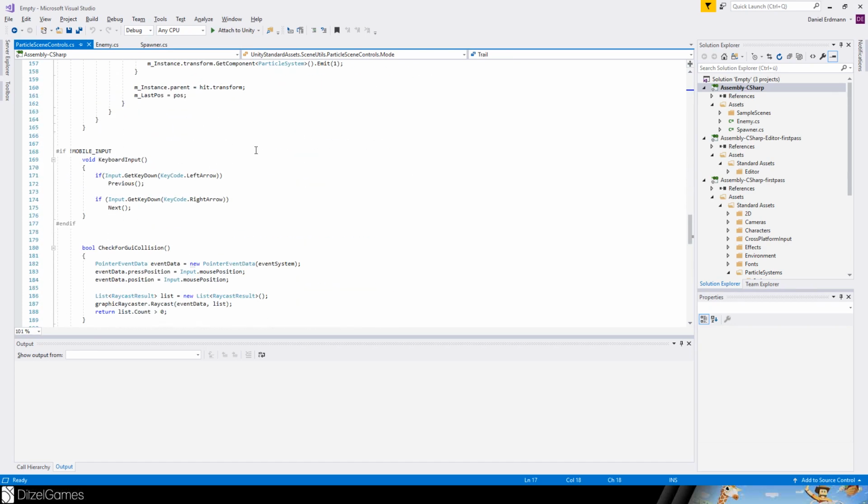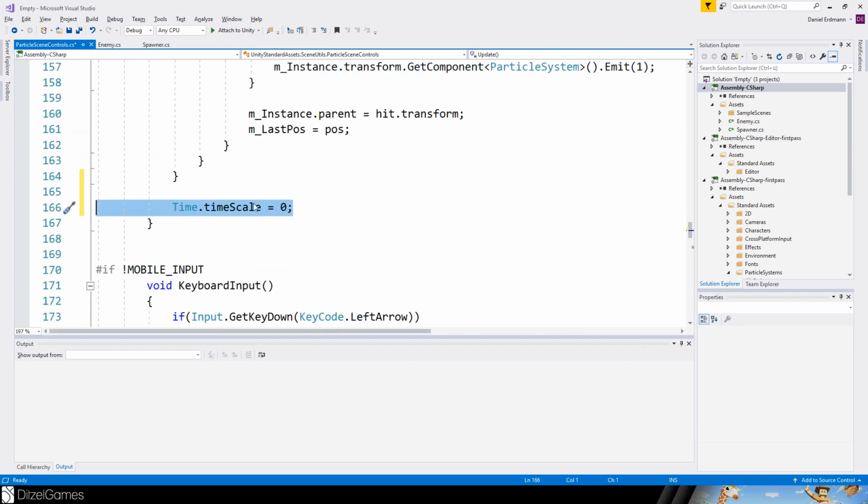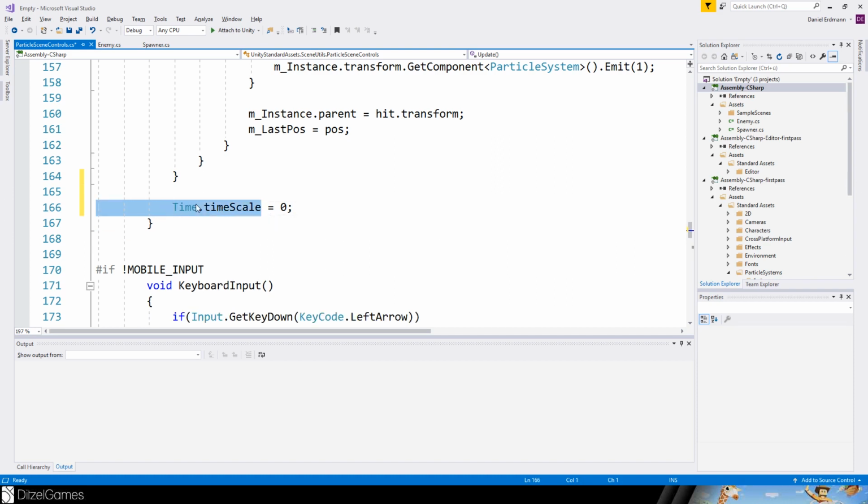It's just a script. You can always set time. I think it's time scale. If you set it to 0 anywhere in the script, it doesn't matter where, just time scale, and then if you ask for delta time, this will always return 0 because it's multiplying the time with the time scale. And as soon as you set this to 0, your scene shouldn't do anything.